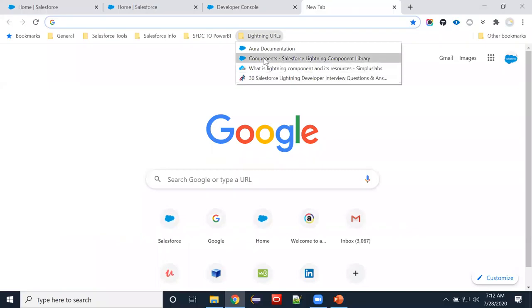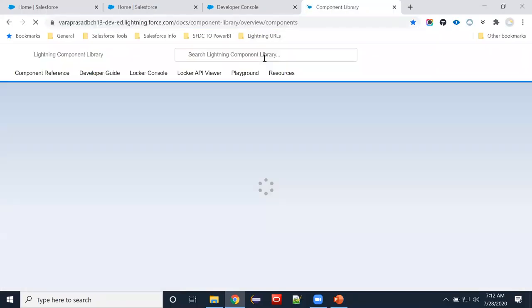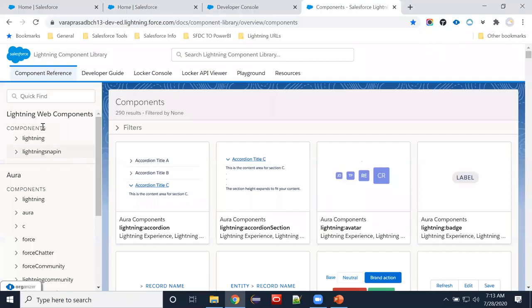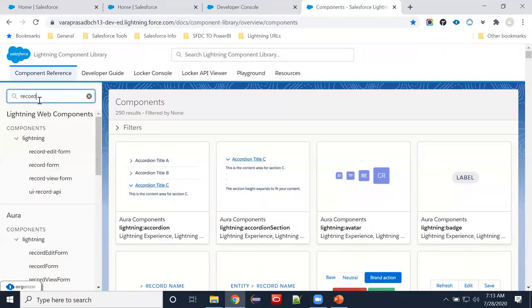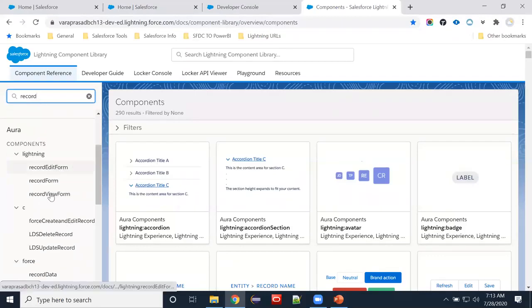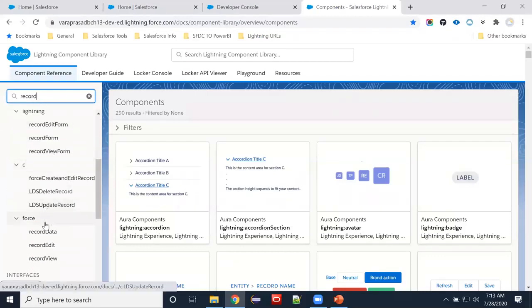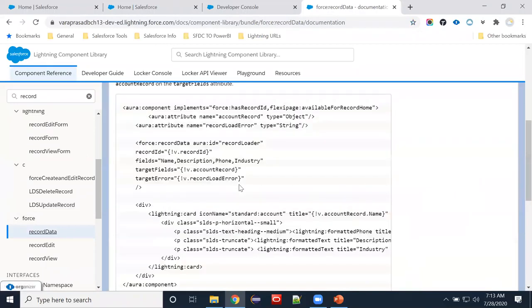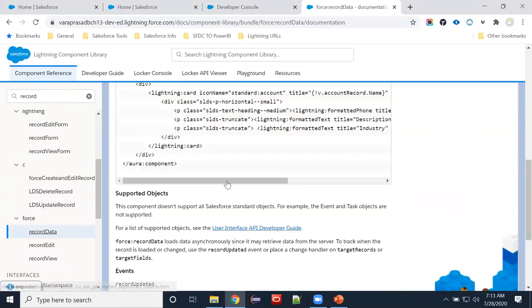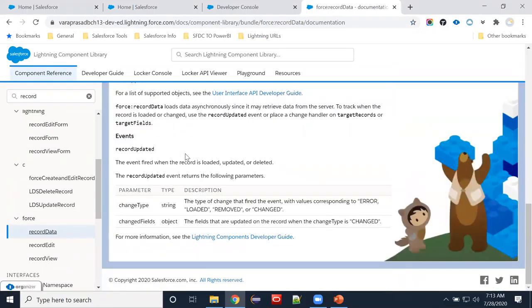Okay. So Lightning components. We have getRecord, and all the methods: getNewRecord, saveRecord, updateRecord, all those things. Okay. force:recordData.